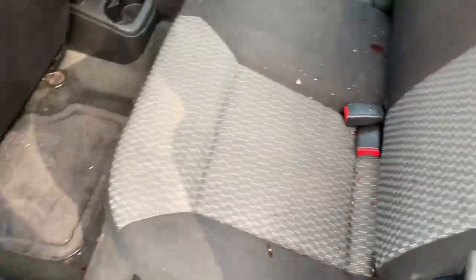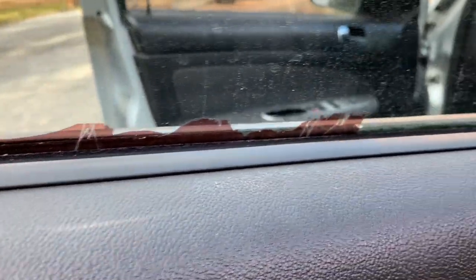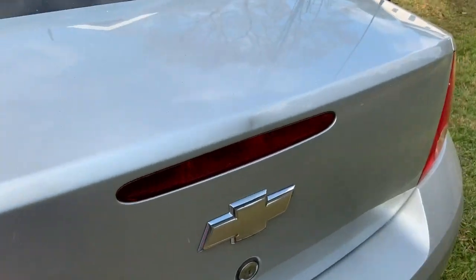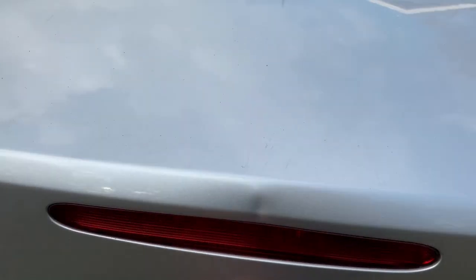There's some tint from the back of the window. Right here you can see these edges. That's about as good as we can get it. The rest wouldn't come off. In the trunk, let me get my key out. In the trunk,